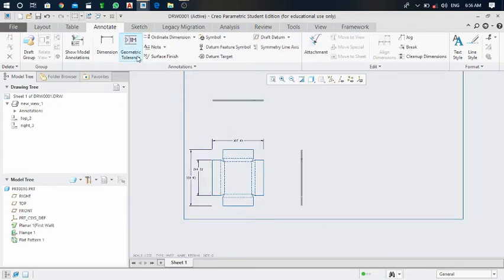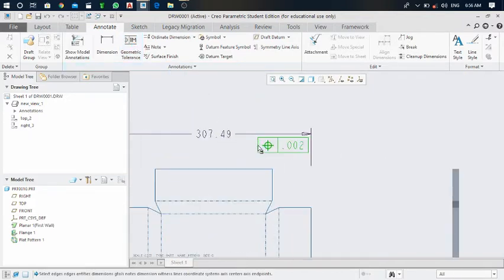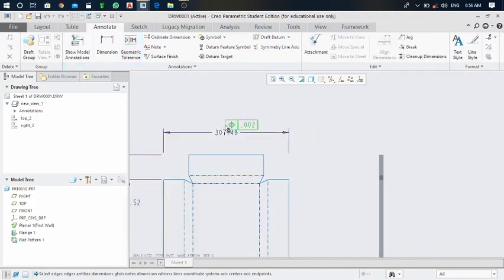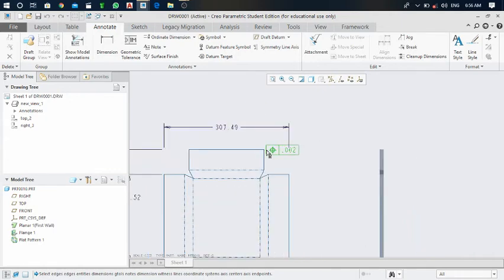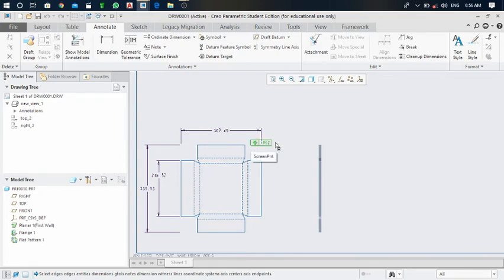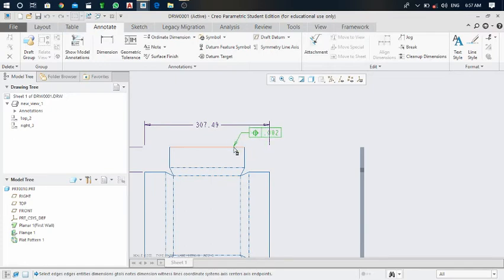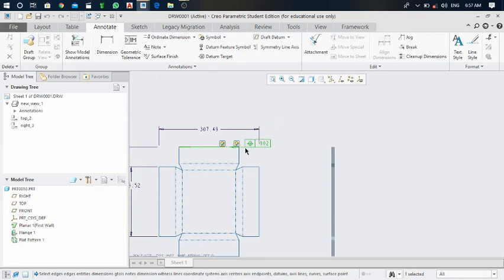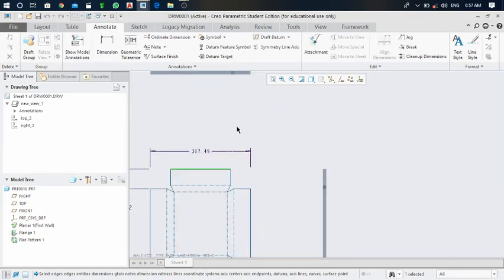And now focus on this. Here is one command, geometric tolerance. Click on geometric tolerances. Okay, so here the symbol for geometric tolerances is created. If in the customer drawing a geometric tolerance of a specific value is mentioned, you can give it like this. Click on this edge. Okay, and next locate this like this.